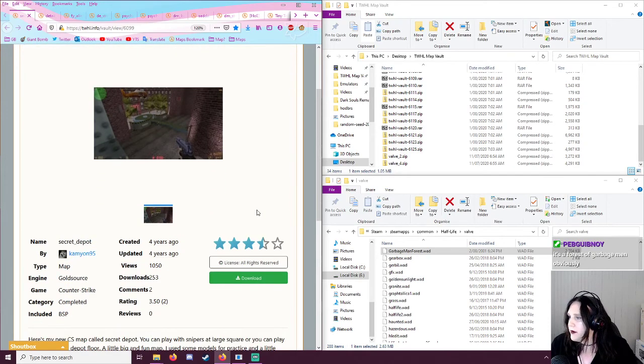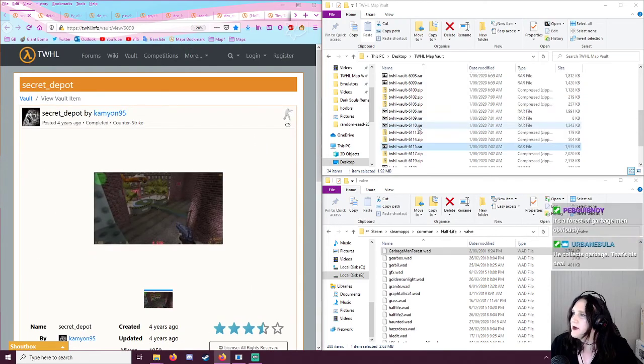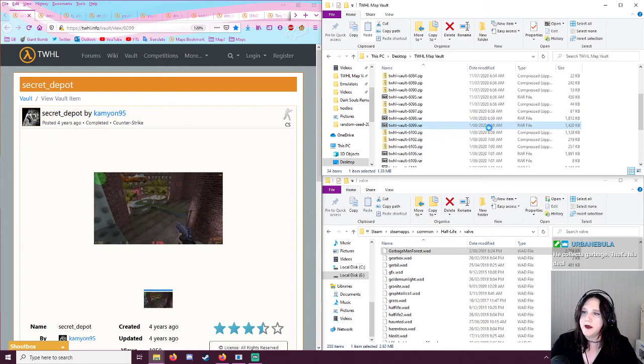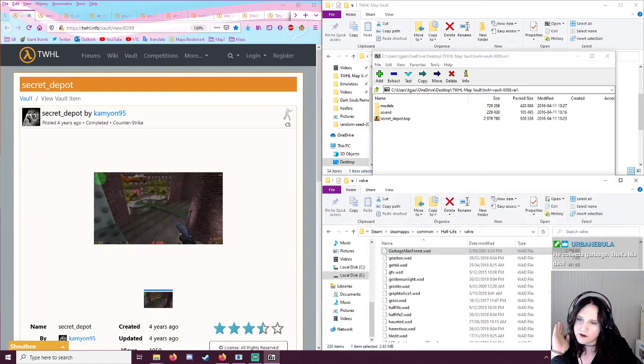Secret Depot. Here's my new CS map called Secret Depot. Yes. It's a map. That's what I'm getting out of this description. It's a map. It's probably an AIM map. Once again, why